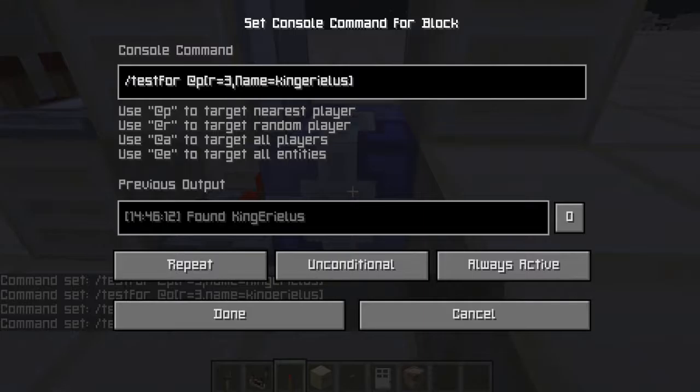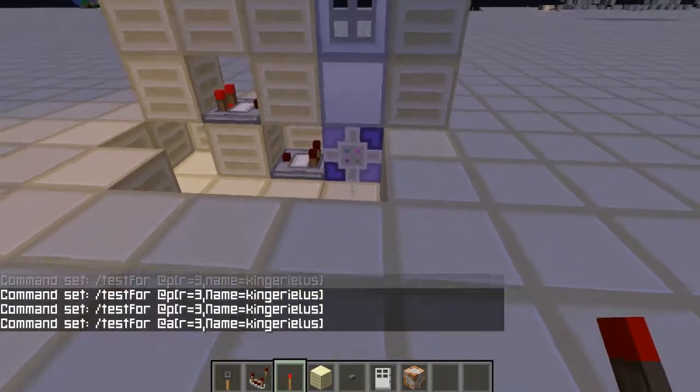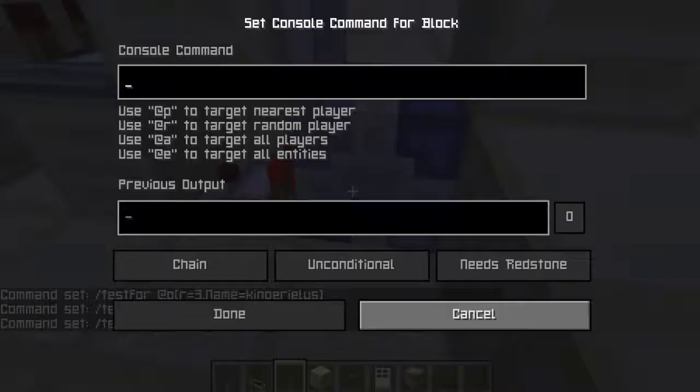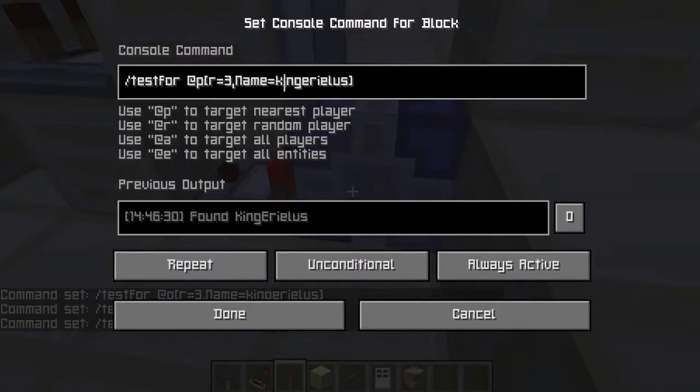If you put at A, it's going to look for anyone with that name, but at P makes it more specific. That's, however, not your problem. What your problem is probably you misspelled your name,